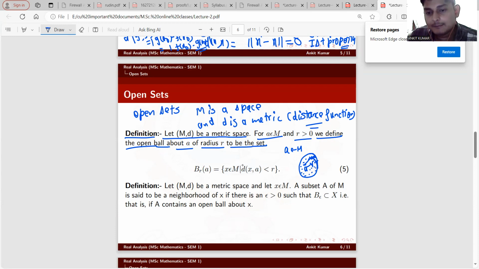इस r रेडियस की बॉल के अंदर जितने भी पॉइंट आ रहे हैं उन सारे पॉइंट्स का कलेक्शन ओपन बॉल। ओके, एक पॉइंट a कंसीडर करिए, इस पॉइंट पे r रेडियस का कोई भी ओपन बॉल कंसीडर करिए। उस ओपन बॉल में जितने भी पॉइंट्स आ रहे हैं वो सारे के सारे क्या होंगे? ओपन बॉल होंगे।